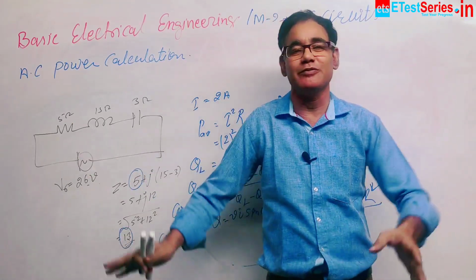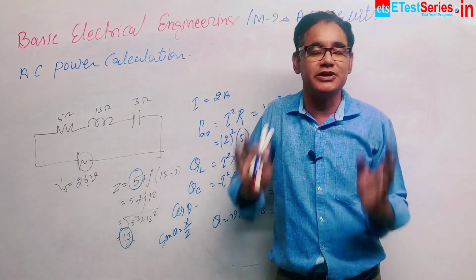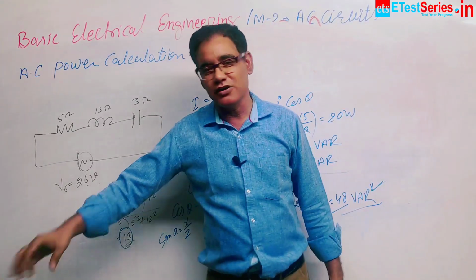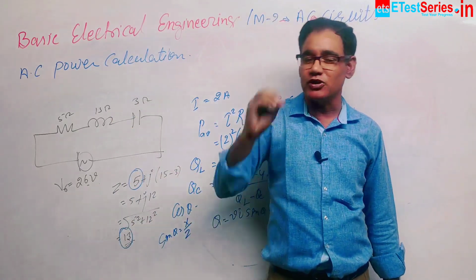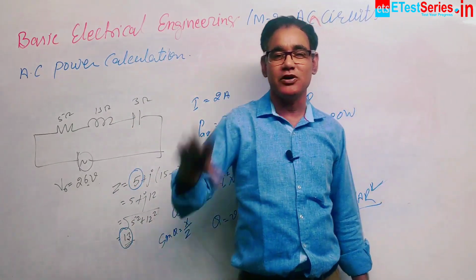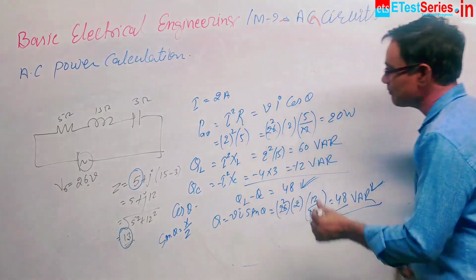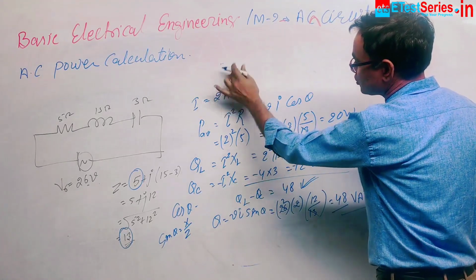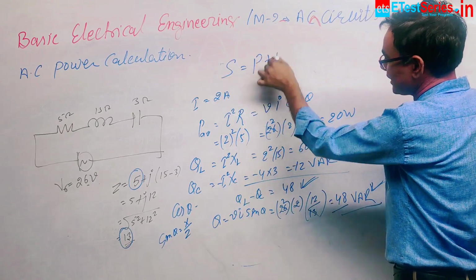The reactive power, active power in resistance, active power in inductance, active power in a capacitance. Wherever or whatever the component in the circuit, whatever the power, instant power, active power, reactive power. So what is the apparent power in this circuit? The apparent power is known as S. So apparent power is the sum of P plus iota Q.